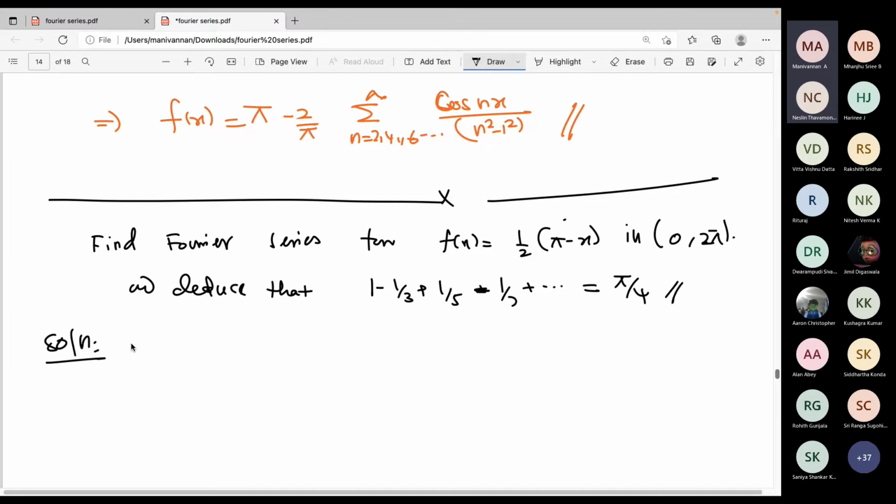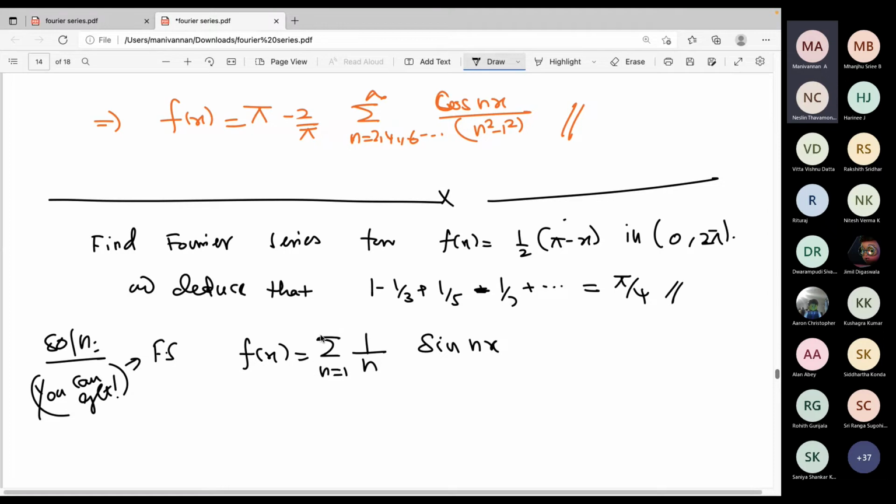Solutions. So for this Fourier series, you know that one. Okay, so you can solve this, you can get this Fourier series. I will give the general final Fourier series value directly. So my f of x, the Fourier series, will be summation n from 1 to infinity of 1 by n sine nx, where a naught